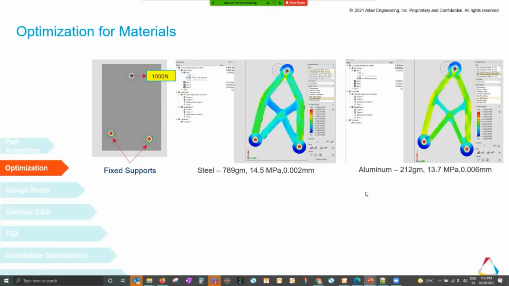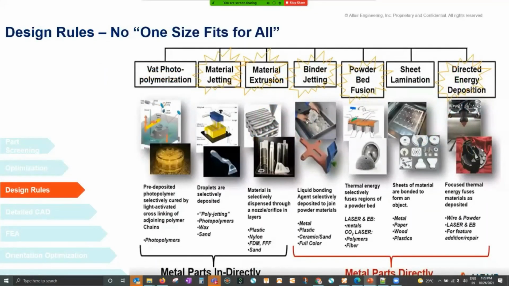So those kinds of studies, you can also take help from Inspire, by changing material, to see what impact it is bringing on your table, right? Now, these design rules are quite extensive, and there is no one size fits all for the manufacturing processes. All the 3D printing manufacturing processes, each of them has different rules, right? So for example, if you go to